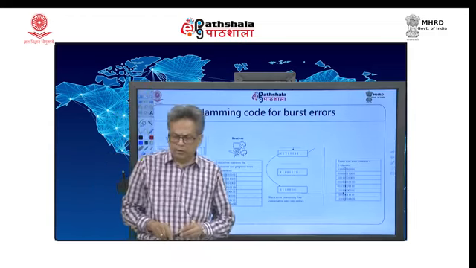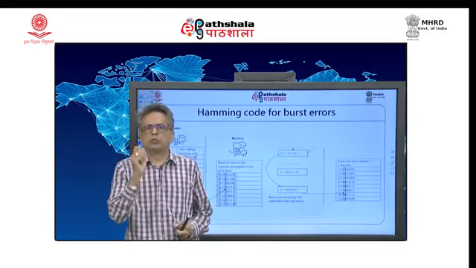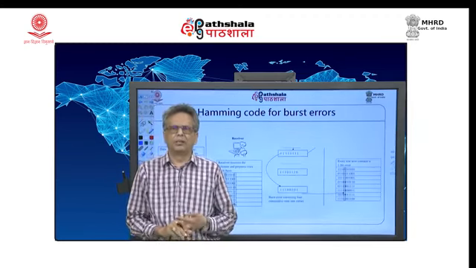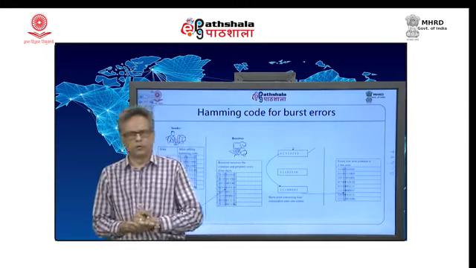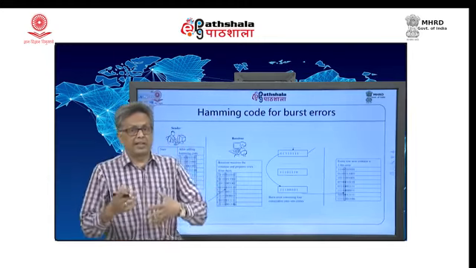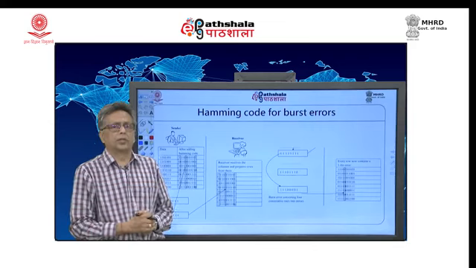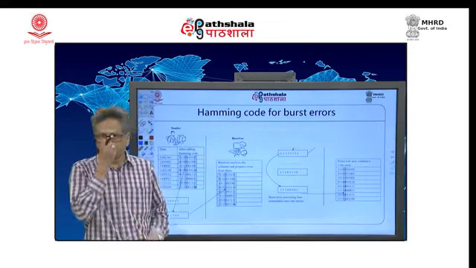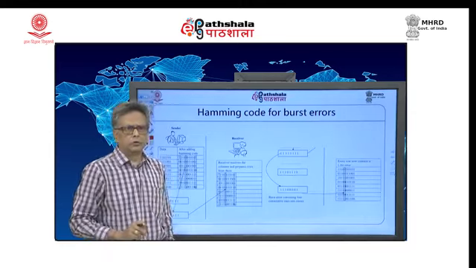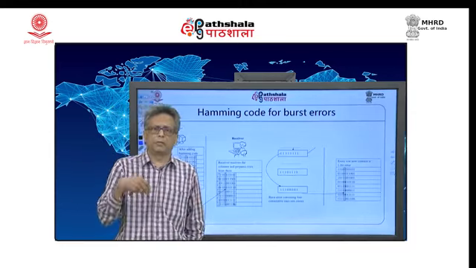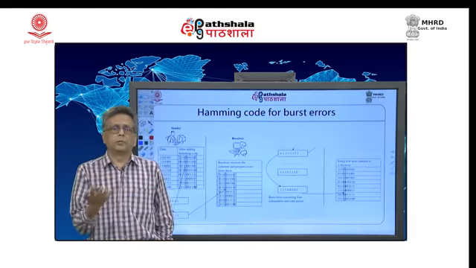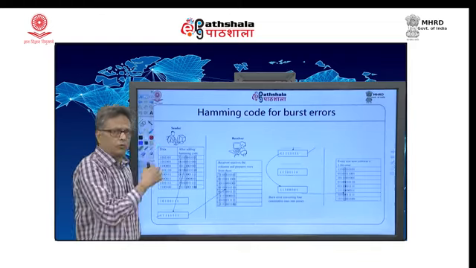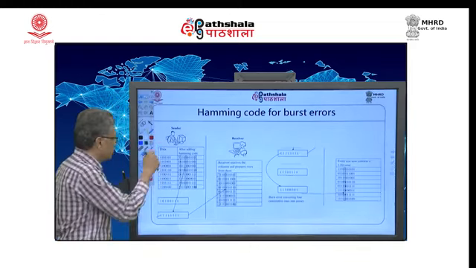One great thing about Hamming code is that it can find a 1 bit error, but I have already told you burst errors are most common; single bit errors happen once in a blue moon. So, I want burst errors to be corrected. Hamming code also provides a very interesting solution to that problem using the very same method that we have looked at. We can repurpose that method, changing it in applying it to a burst error. How that is done is shown here.